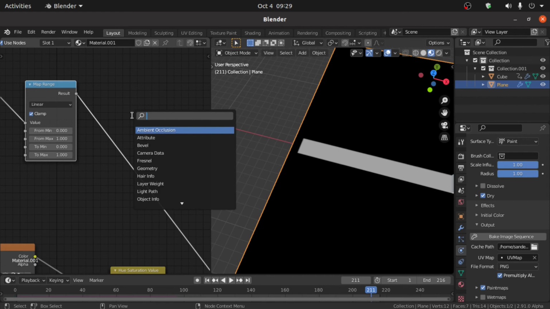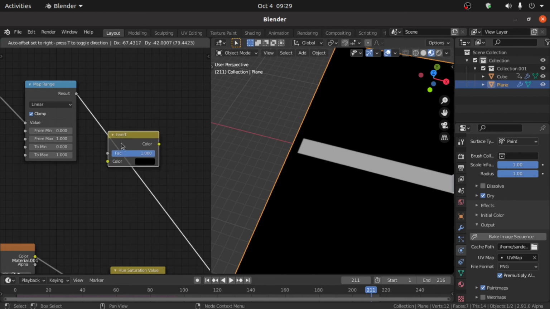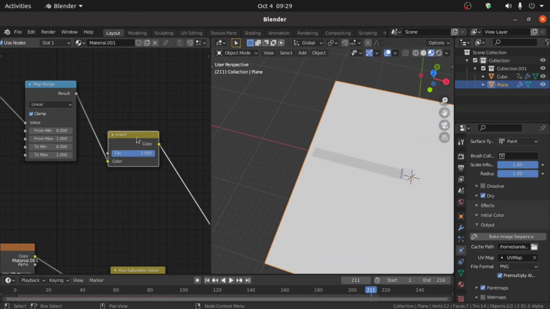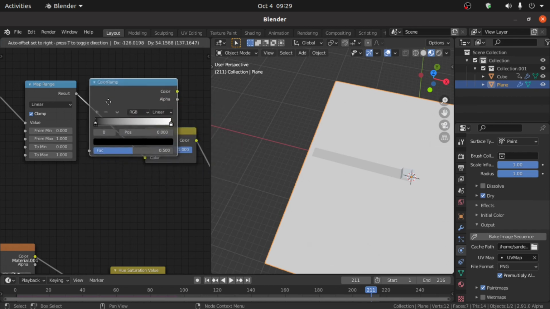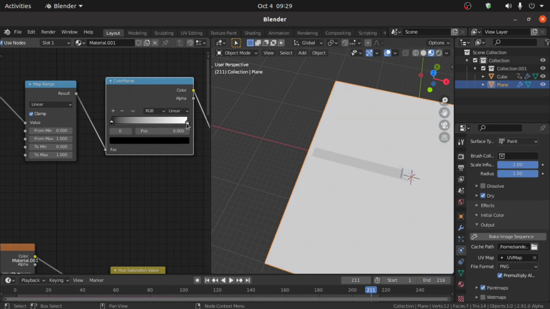Now press Shift A and search here invert node, and we have to invert this. Also press Shift A and search here color ramp and adjust this color like this.